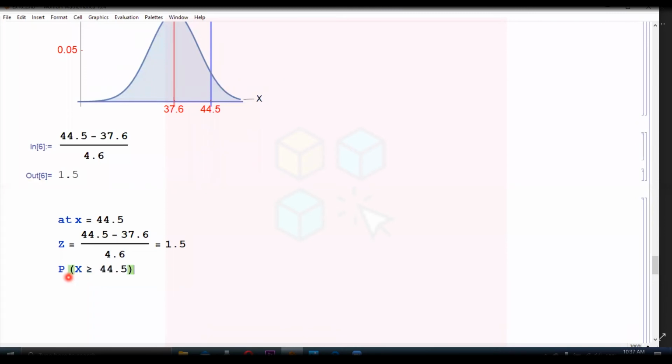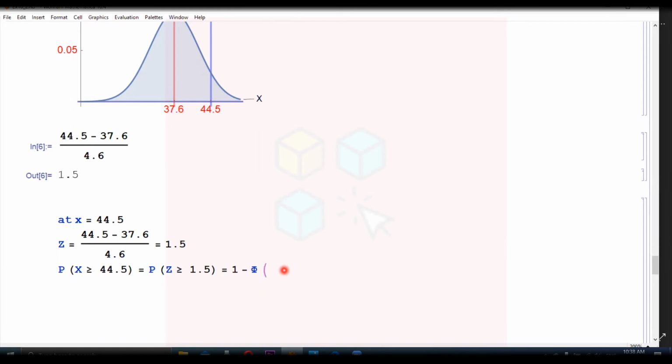So P(X ≥ 44.5), and always write 44.5 with x, and in the next step replace x by z, capital X and capital Z with the same sign, with the value 1.5, because we have calculated the corresponding value of z to be 1.5. And you know what is the value in terms of phi? Whenever there is the sign of greater than, you have to write 1 minus capital Phi